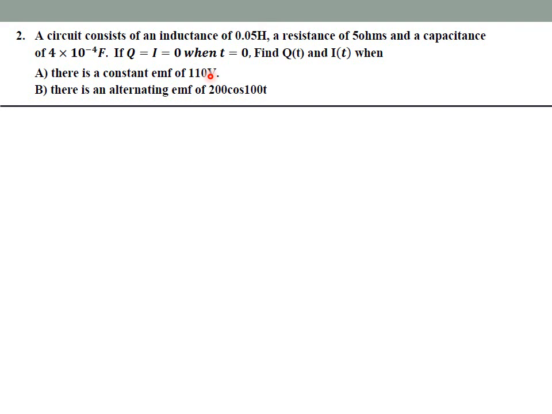So did you get the difference here in this problem and the previous problem? If you check your previous problem, I had not mentioned anything about my EMF, correct? That is the RHS, we used to take 0 there. But here there is some EMF, that is 110 volt in the first case, and there is an alternating EMF of 200 cos 100 t. So here, instead of taking my EMF E of t as 0, I have to take some value over here, correct?